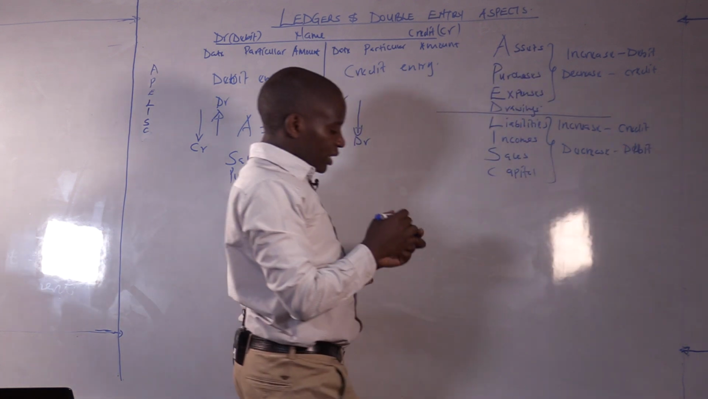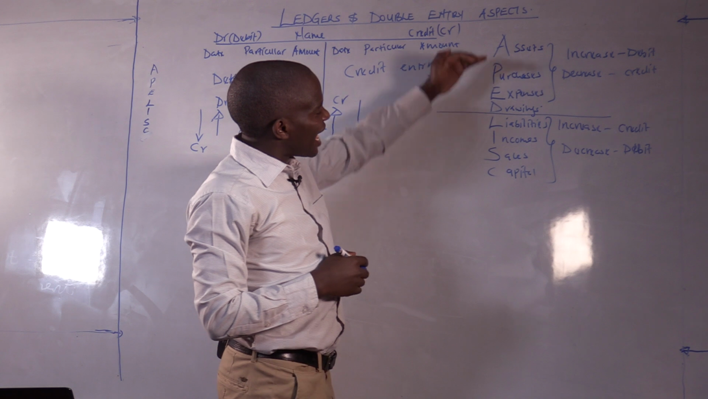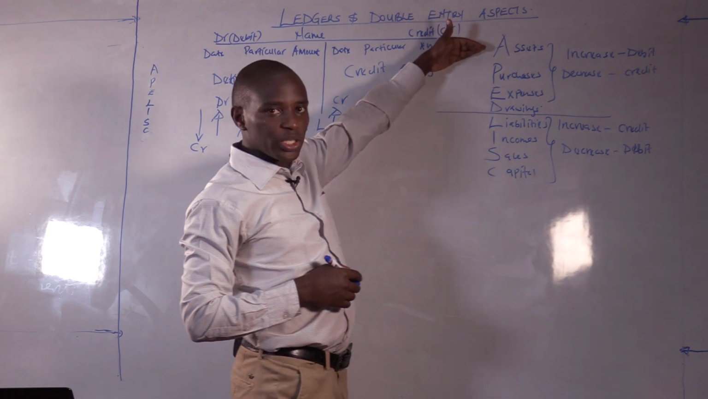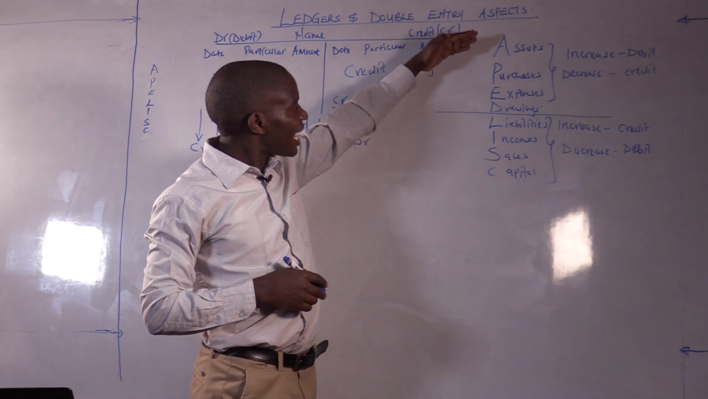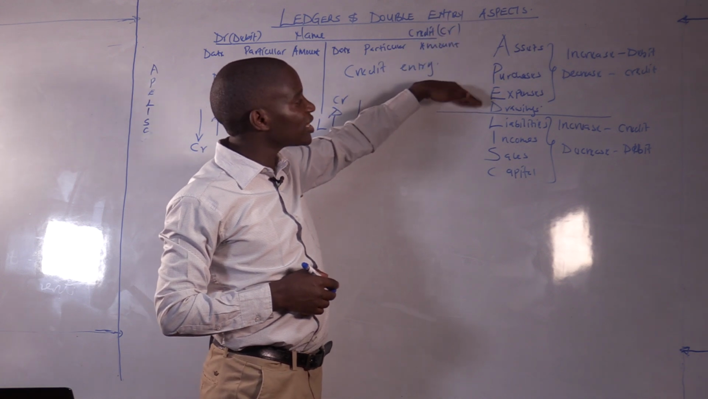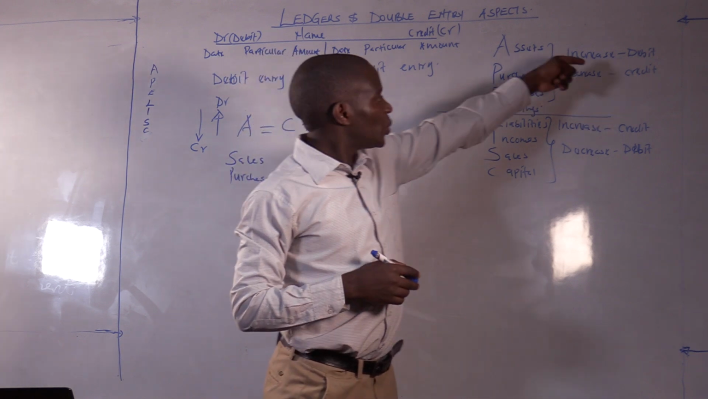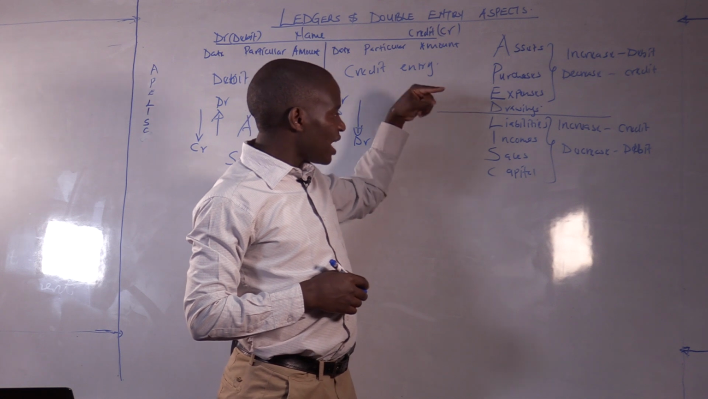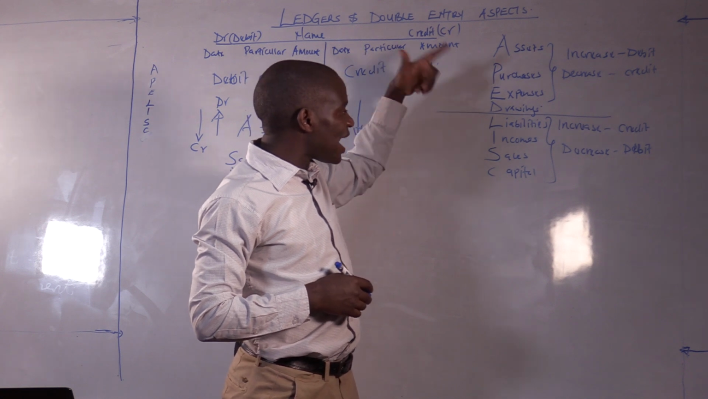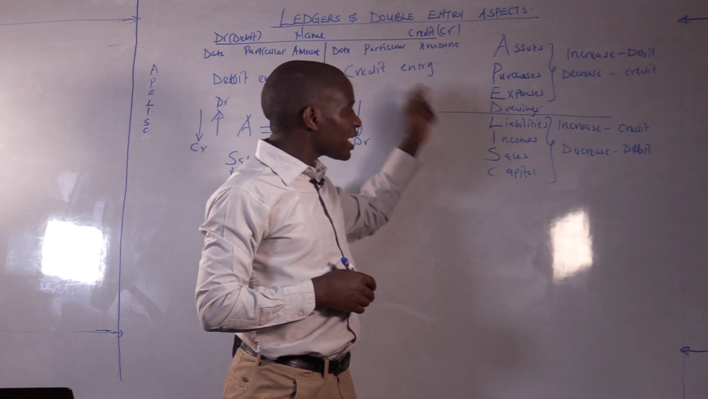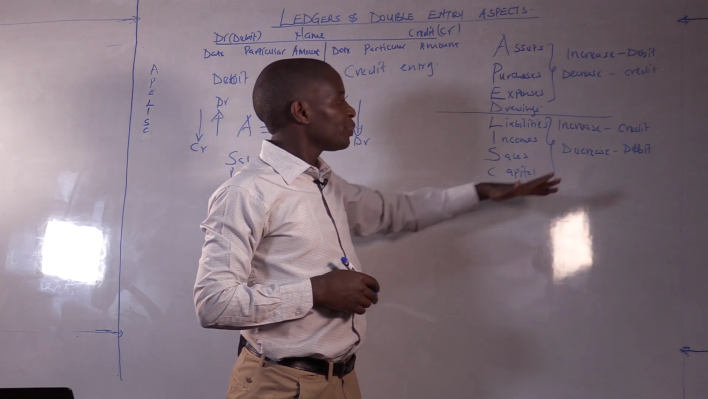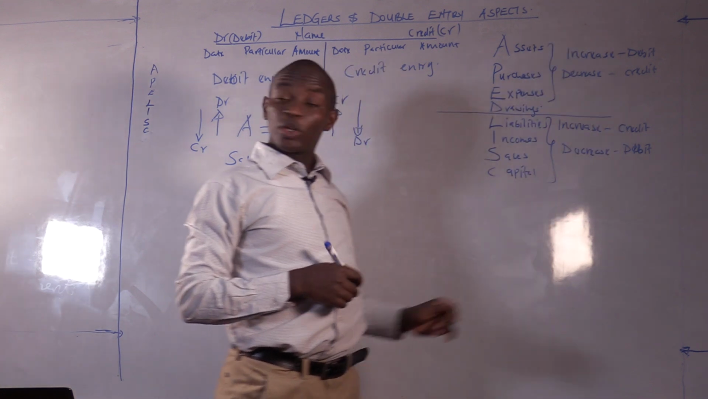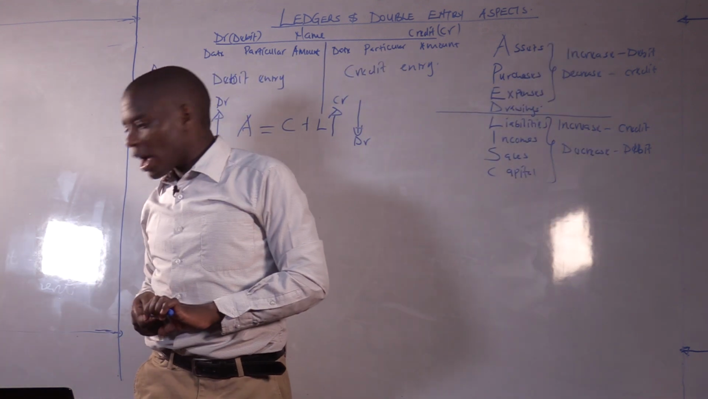We debit. So this is what will be taken throughout the topic and the other topics that we shall be having. So when you see assets, purchases, expenses, and drawings, anytime they increase, we debit. Anytime they decrease, we credit. Liabilities, whenever they increase, we credit. Incomes, the same. Sales, capital, whenever they increase, we credit. Whenever they decrease, we debit. So that will be our guiding principle as far as